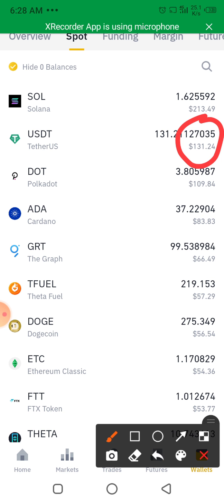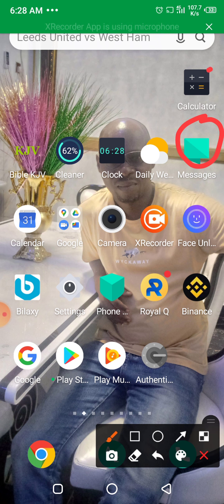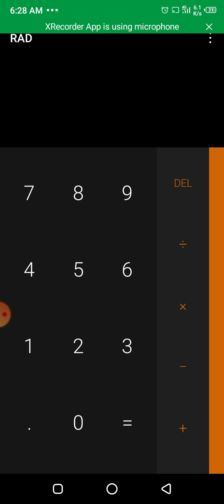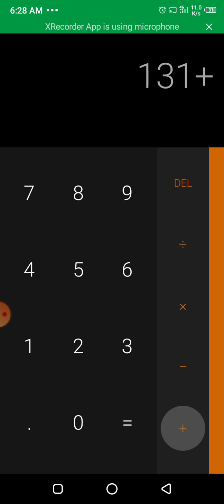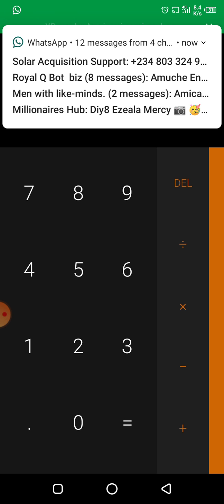So by the time I add 17 points to it, it should increase to 140 or 150. Let me see. Okay. 131 plus 17. So I should be expecting around 140 something.